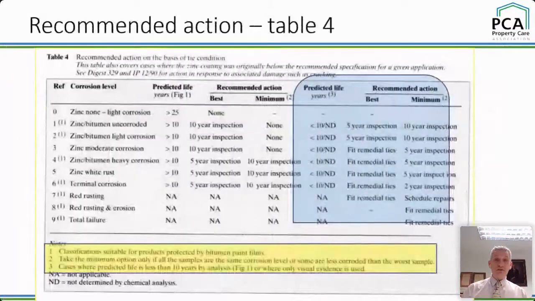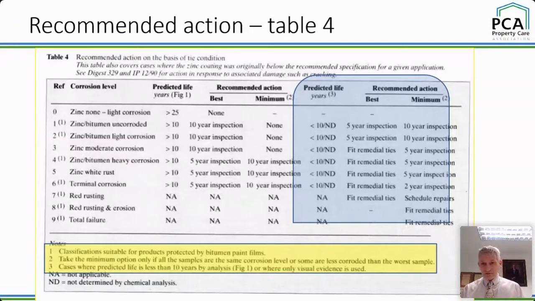And then another table you can look at, table 4, and that will tell you what you ought to be thinking about recommending based on what you've looked at. Sounds simple, doesn't it? Great. Now we only use the right-hand side because we're using visual means for the ties. We're not doing chemical analysis. So use the right-hand side. And as you can see, usefully, it's got best action and minimum action. So in other words, the best thing you should do,